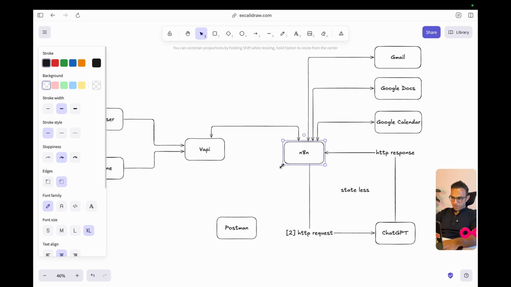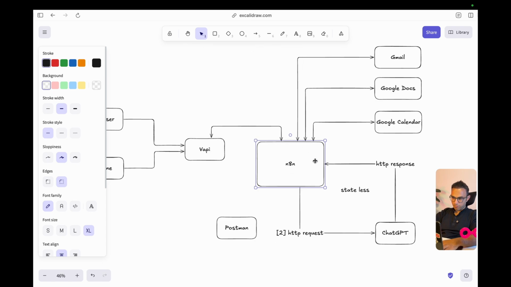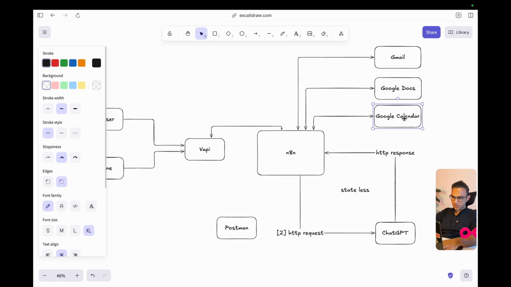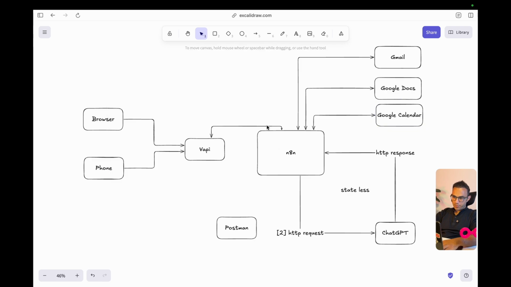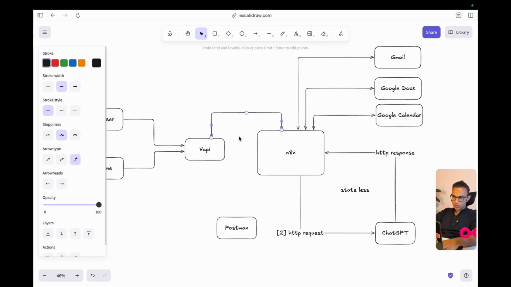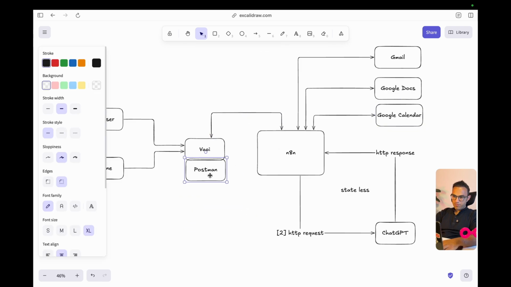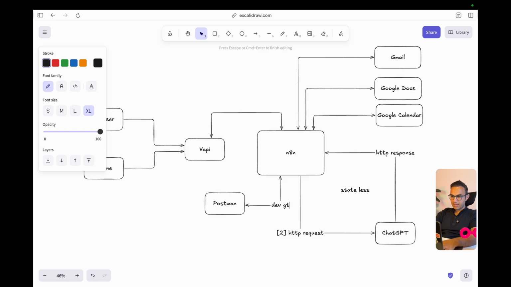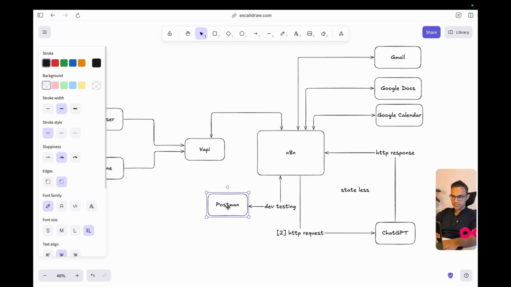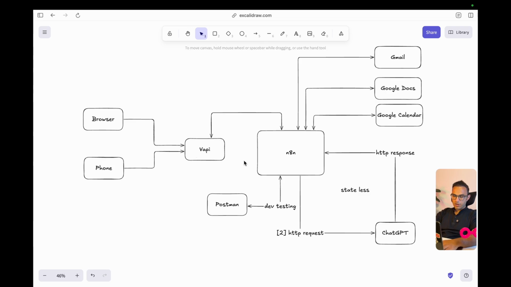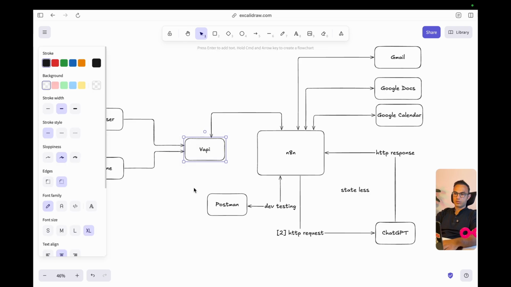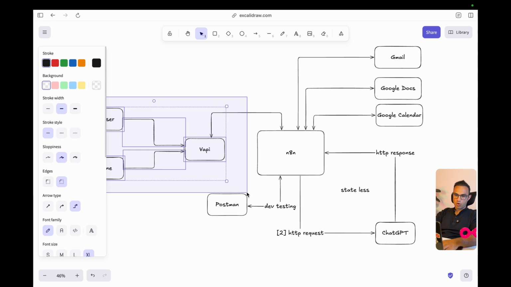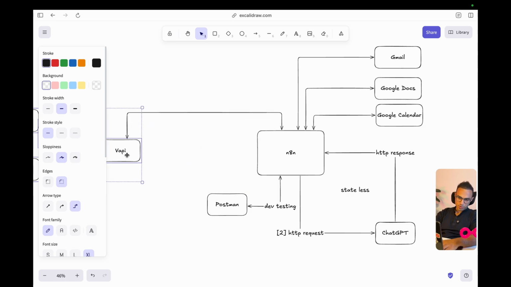I am right now in the process of creating this n8n workflow in a way that it's going to end up talking to Vapi. But before putting Vapi here, I want to test it with Postman, kind of like for dev testing. When I'm building my n8n workflows, I don't want to go and talk to Vapi the whole time, and I don't need to open my browser or my phone the whole time. So I put this on the side.